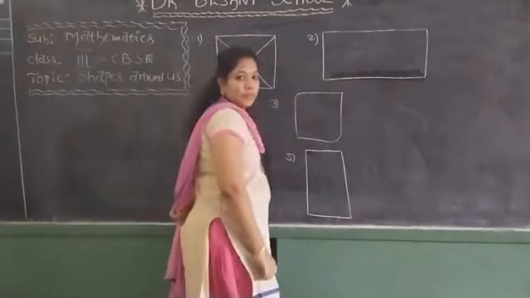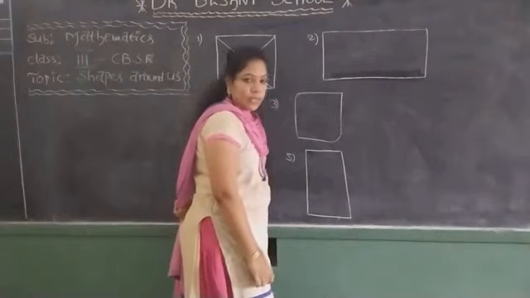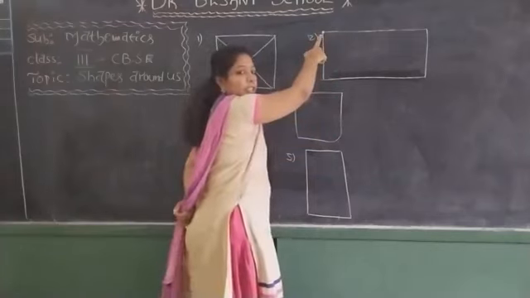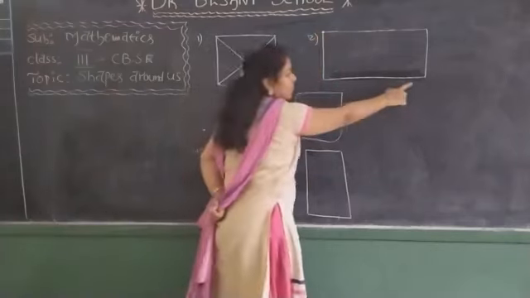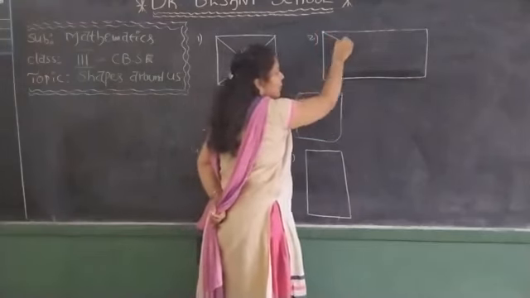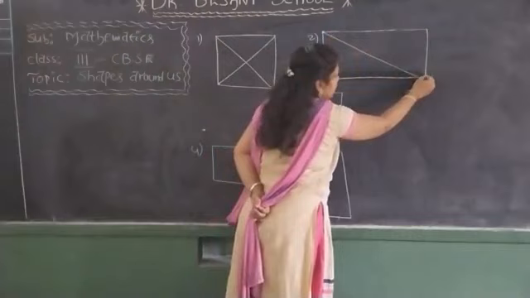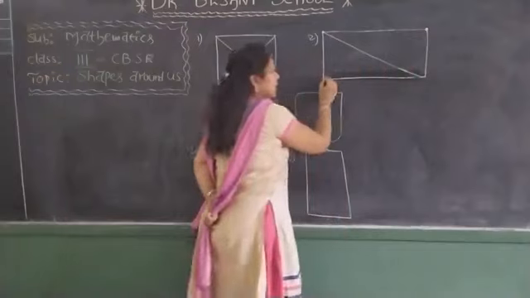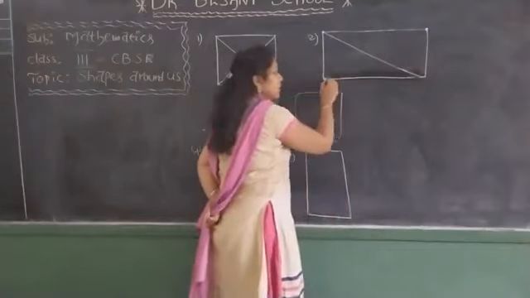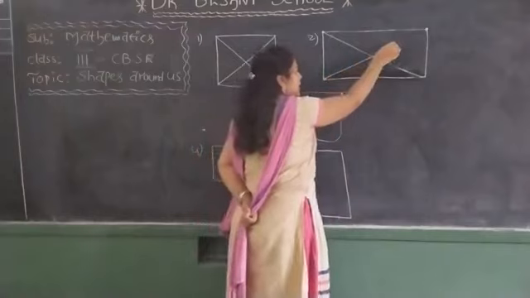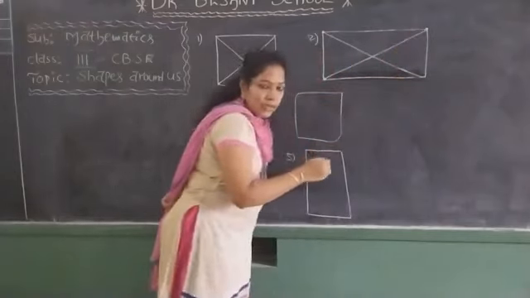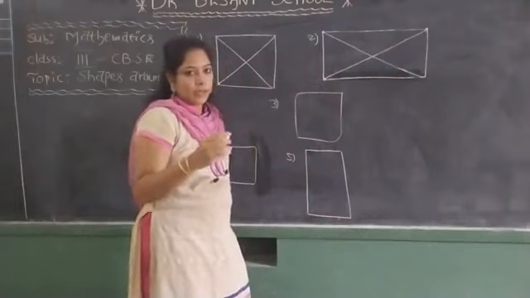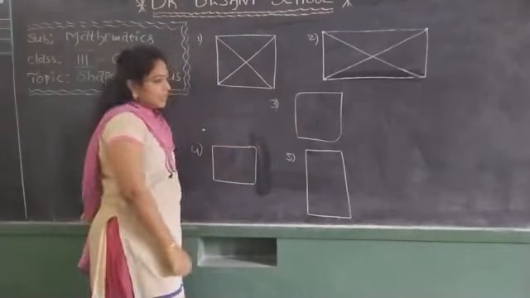What is it? Good. Rectangle. This is one vertex. What is the opposite vertex of this vertex? This one. We have to draw the diagonal like this. Okay? This is one vertex. This is the opposite vertex of this one. Means we can draw the diagonal like this. I am drawing slowly. Okay? You draw it at home in your book slowly and neatly. Okay? Now coming to the third one.